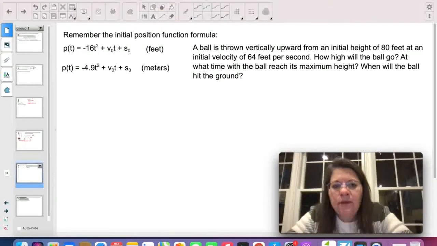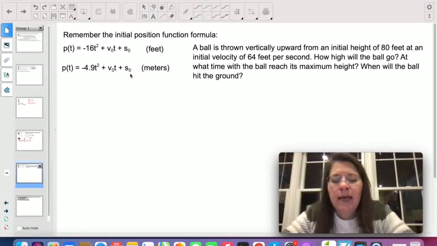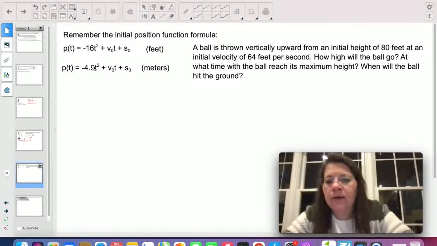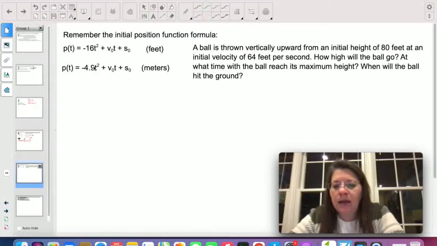And then we said that if that is in meters, instead of having a -16 in front, we would have a -4.9, and that would be a -4.9 t squared plus v sub 0 of t plus s sub 0, where v sub 0 and s sub 0 are still your initial velocity and your initial height. And why do we have a -16 and a -4.9? Well, that's because we're on Earth. The gravity on Earth would cause our position functions to be a -16 for feet